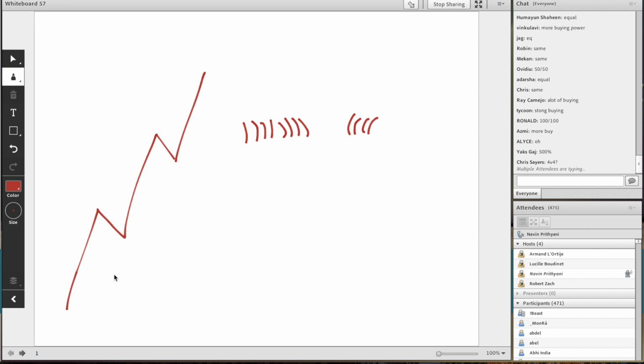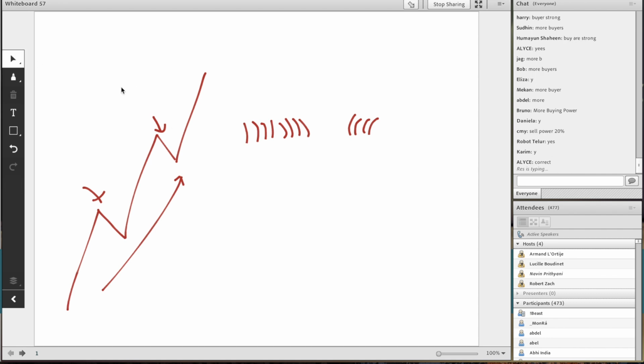There are more buyers, right? Because the trend is up for a reason. It's not a channel, it's not a range. The sellers come very little, and then they go up for a buy, correct? For those of you who are not participating by typing, you can verbally say it out loud so you follow along. So we can see that there is a lot more buying pressure happening in this one.